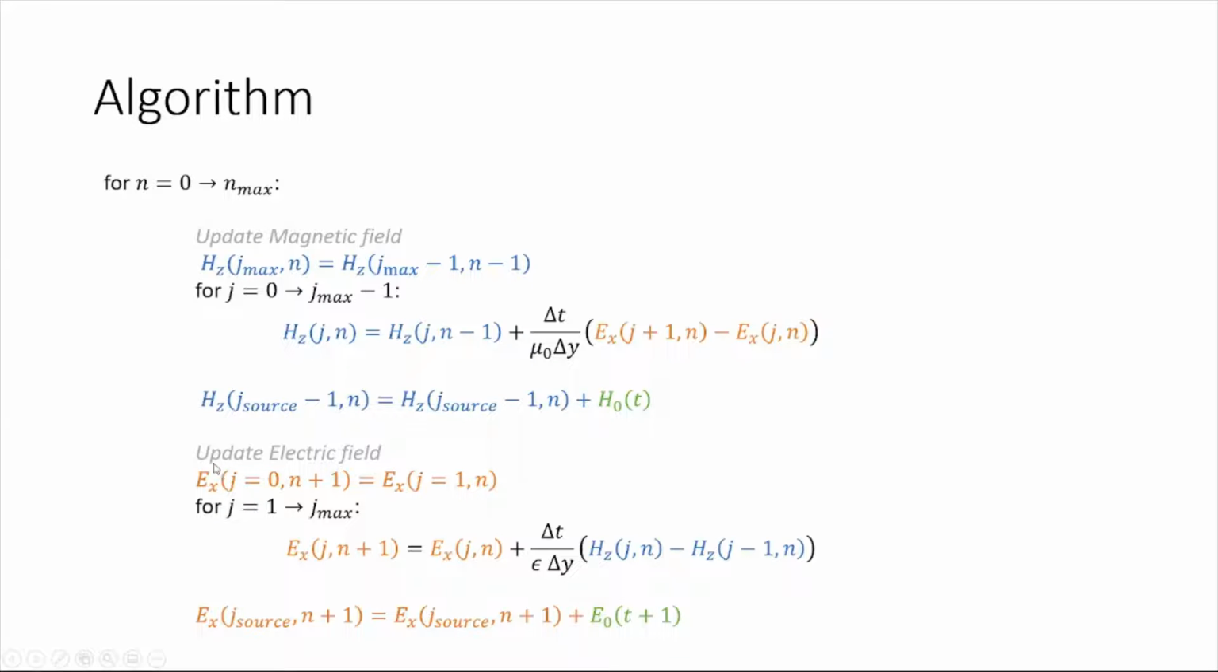Then the next step is to update the electric field. Again, we start with the boundary condition: Ex at j equal to 0 is equal to Ex at j equal to 1 from the previous time step. We then update the rest of the electric field points, and then we add in the electric field source. Here, we introduce the source at j source, and we introduce it for a time at